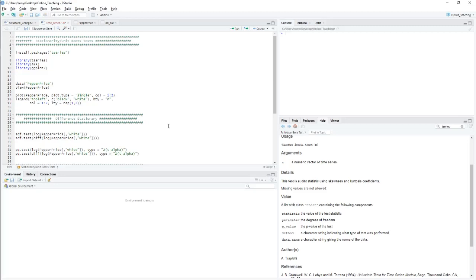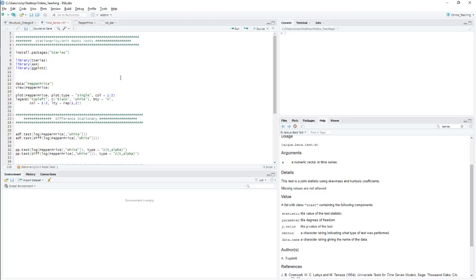So there are basically two mostly used tests in the first group, which is also called difference stationary, because the data becomes stationary after differencing it.